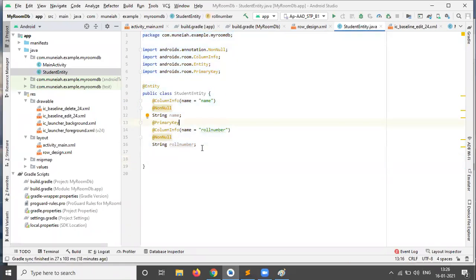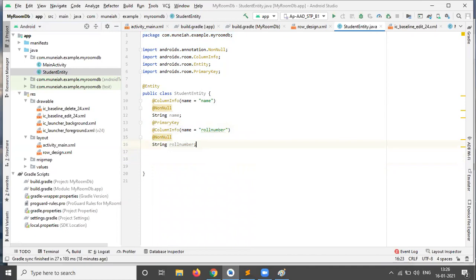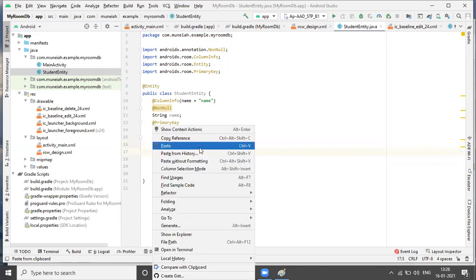Now right click in this environment, after roll number. Go for the Generate option, or you can directly use the Alt Insert shortcut.